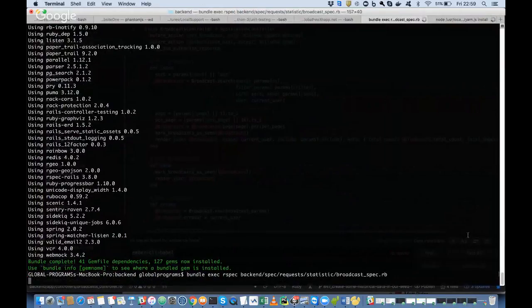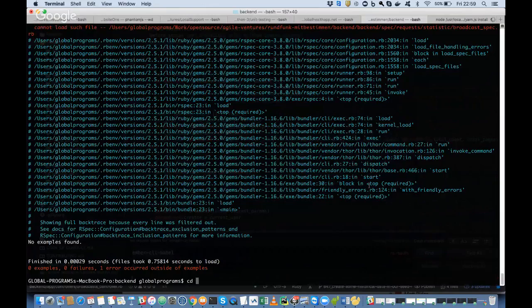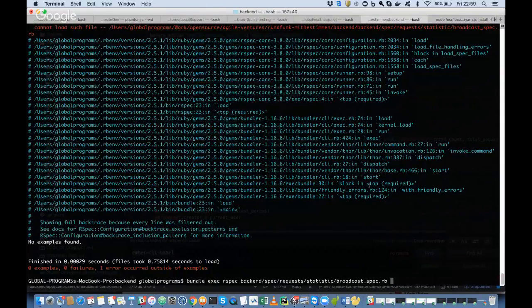I think you're in the back end, right? Instead of saying back end, just try running RSpec directly. Delete that back end and the slash. You're already in back end, no? Yeah, so go up and then delete the back end slash.